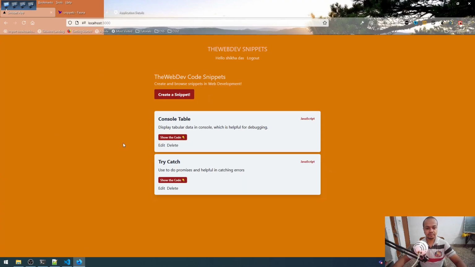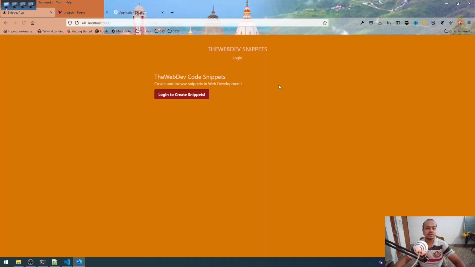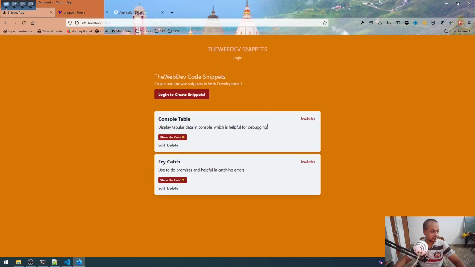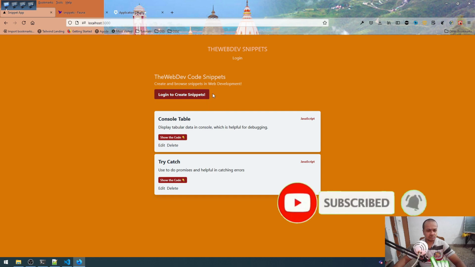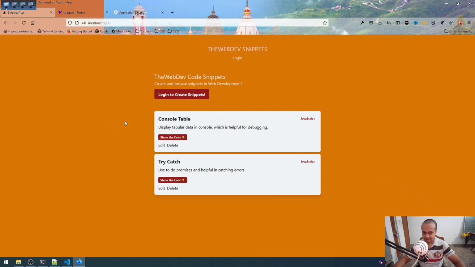So see, now I am getting the create a snippet button, but if I log out, sometimes I have to press twice, I don't know why. So log in to create a snippet, and now one thing is there are a lot of things which are there. Login to create a snippet is there, but we have not completely secured our